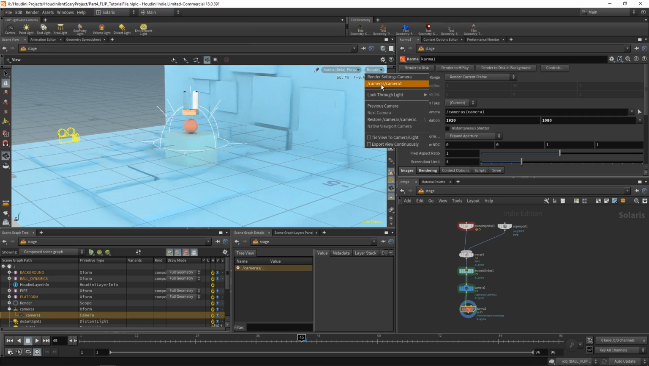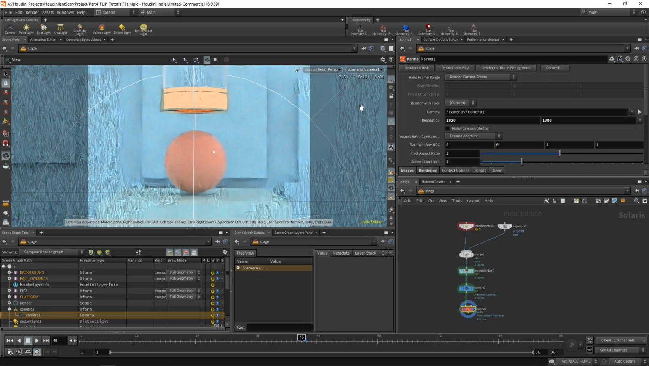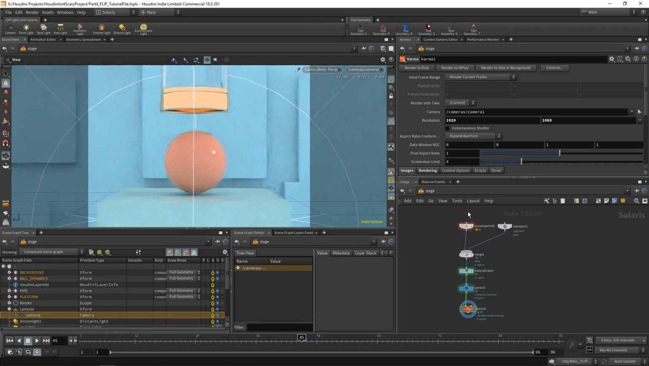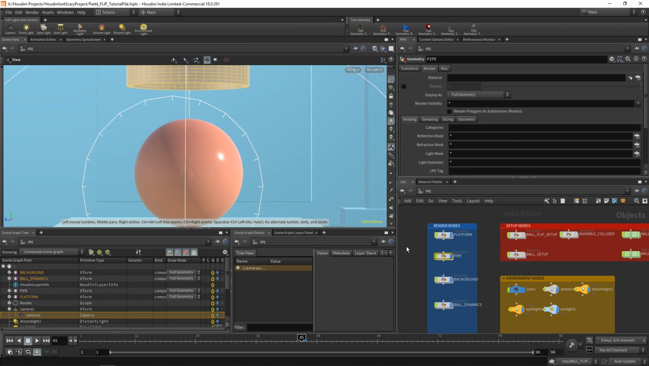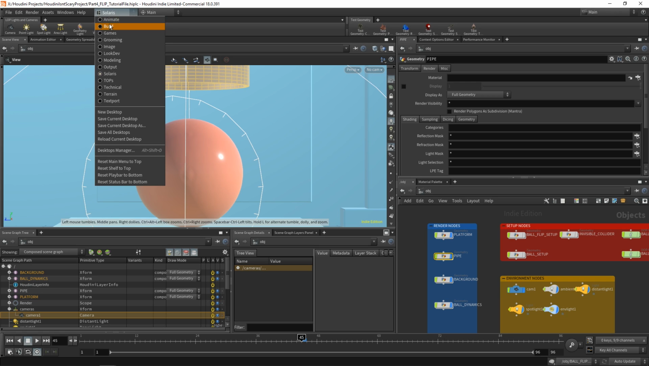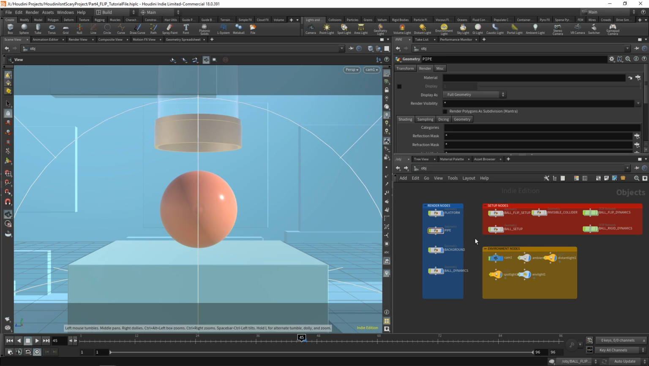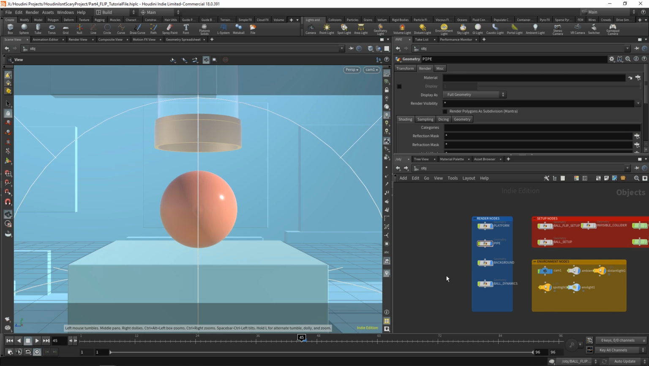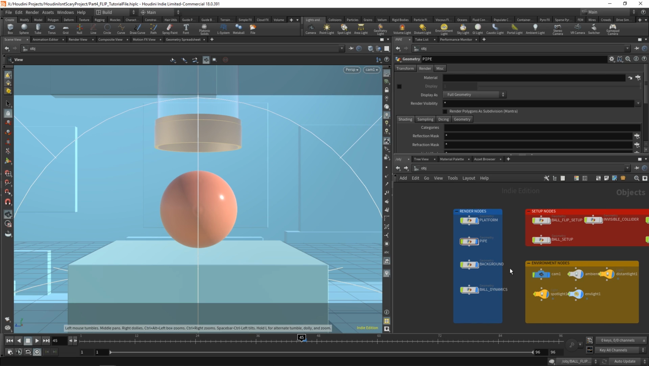So yeah, I'm not going to go too in-depth here. This is just to show you an option that you do have. And then finally, back on our object level, I'm going to change this from Solaris back to build. I just want to show you some cool things that you can do once you're nearing the end of your project. So we have some settings that we may want to adjust, and they're all linked, but we haven't linked